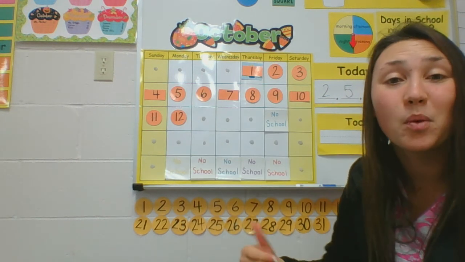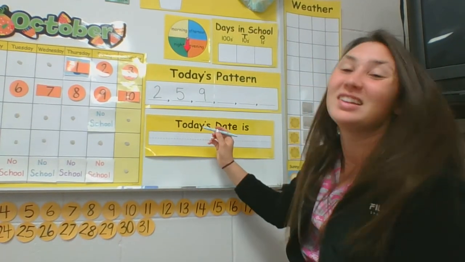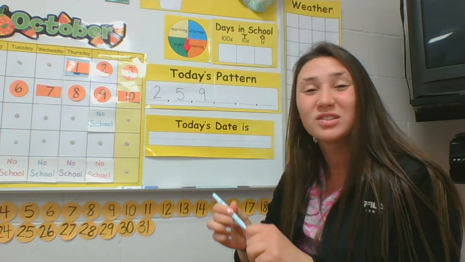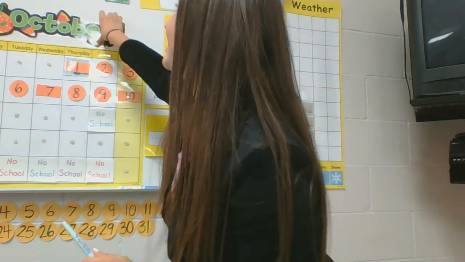So now that we know what today is, let's write it together. If you have your whiteboard or a piece of paper, you are welcome to write it with me and then show me what good work you did today. So today's date is, we said, October 12th. So we write October 1st, right? So let's look at